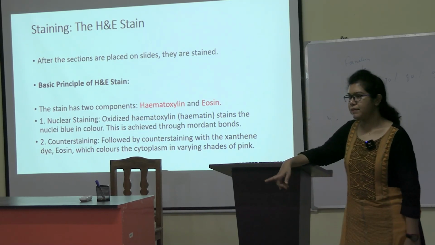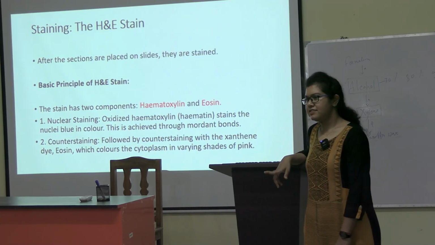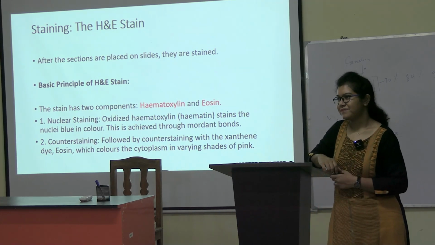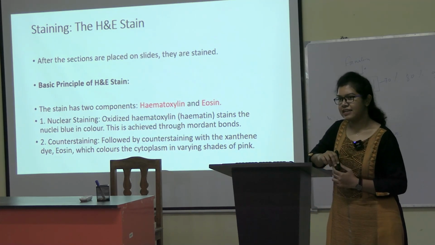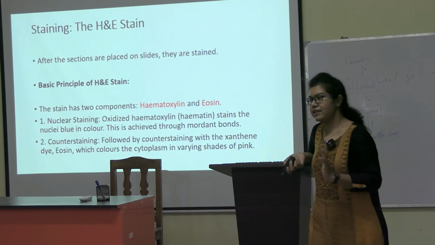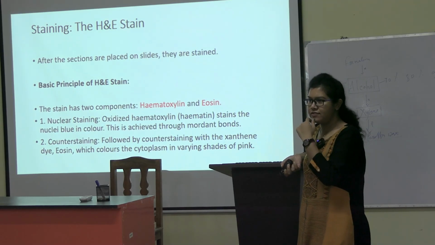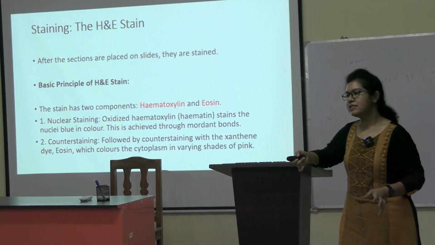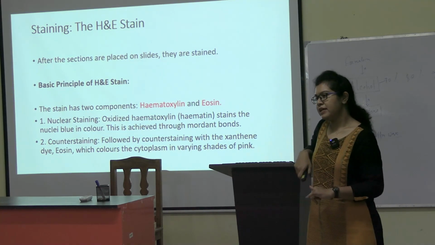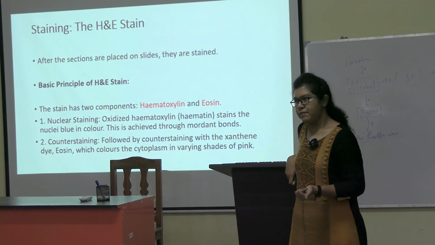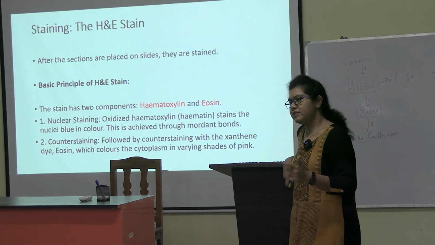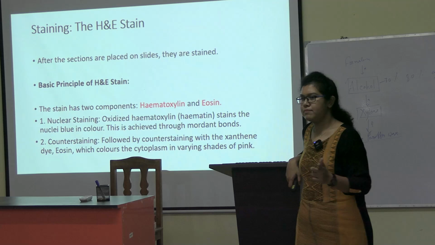I think the previous classes also answered some one of your batchmates. Hematoxylin. Any idea from where we are getting hematoxylin? What is it actually? It's a stain, all of you know. Okay. So hematoxylin basically we are getting from tree bark. Okay. Tree bark we are getting. So hematoxylin we are getting from a tree bark known as Hematoxylum campechianum.